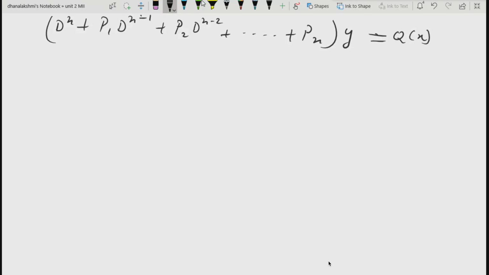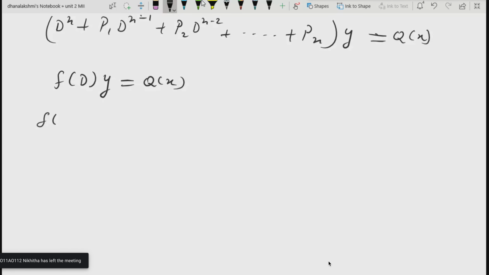Now this again I can write as f(D) y = q(x). Can I write it? Where, what is f(D)? Tell me. Compare and tell me what is f(D). It is D^n + p1